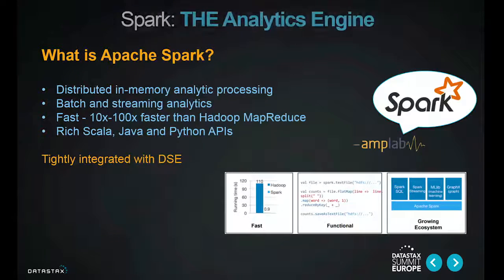Apache Cassandra project. A quick word about Spark. Is anybody familiar with Spark? Can I see a show of hands of people who've got some familiarity with Spark? Okay, that's a good number. So you'll be familiar with the fact that fundamentally it's a distributed, in-memory processing analytical engine. It distributes the load over a number of nodes and processes that analysis in memory. It supports both batch and streaming analytic modes. It's very fast. It's typically 10 to 100 times faster than comparable jobs written in Hadoop MapReduce. And it offers some very rich Scala, Java, and Python APIs. So if you're familiar with those languages, you'll feel very much at home.